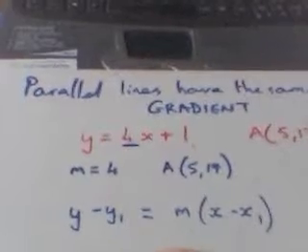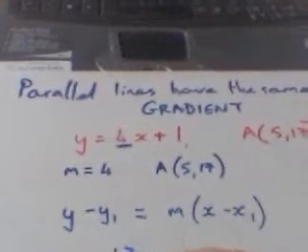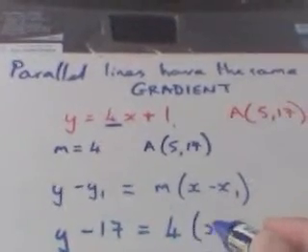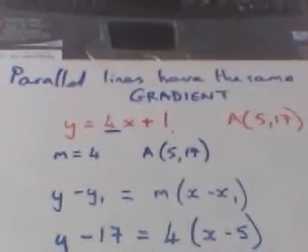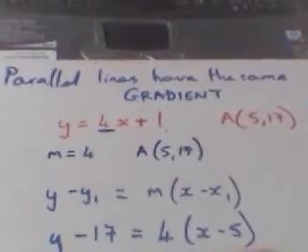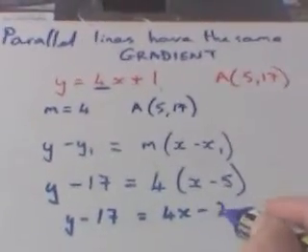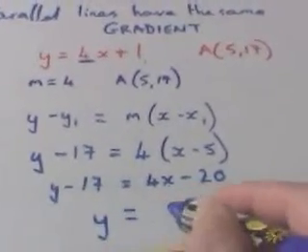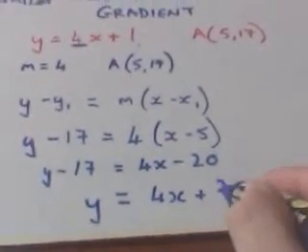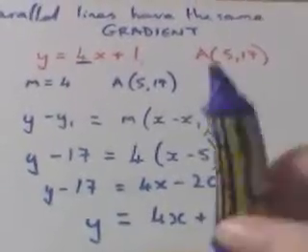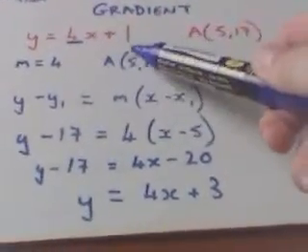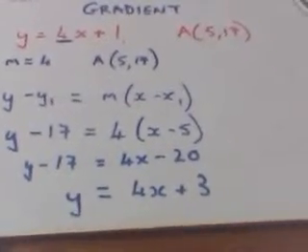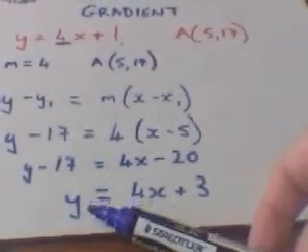So we should have y minus 17 equals 4 lots of x minus 5. Multiplying things out, we get 4x minus 20, and then rearranging, y equals 4x add 3. So we've now found the line that is parallel to y equals 4x plus 1, but actually goes through the point 5, 17. And if you want to check that, if you substitute 17 in for y, you get 17 equals 20